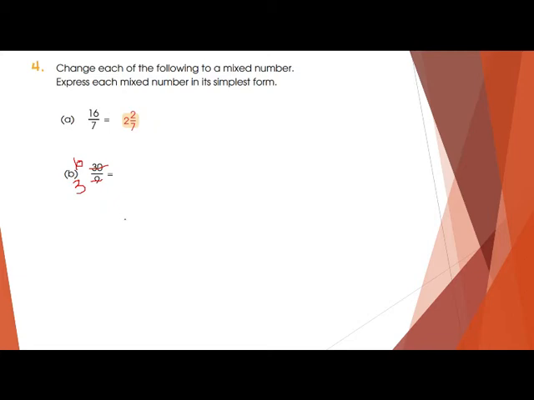Same procedure we will do again, because the numerator is greater than the denominator, so we can do like this. You can write 3 over here, and here we can write 10. Read the table of 3. 3 1s are 3, 3 2s are 6, 3 3s are 9. So I'm writing the 9 over here. And here I'll write 3. Same method, we will subtract it. What do we get? 1.